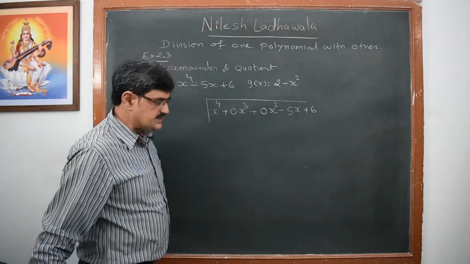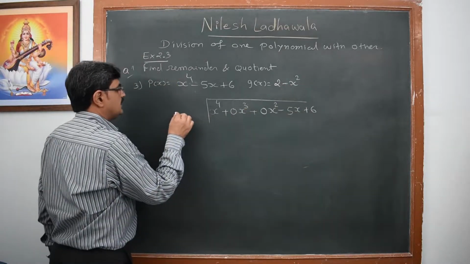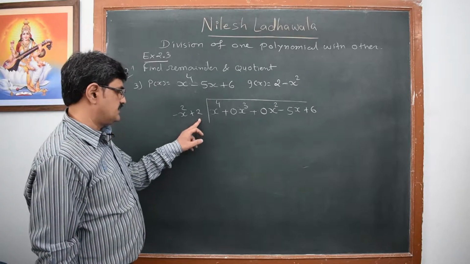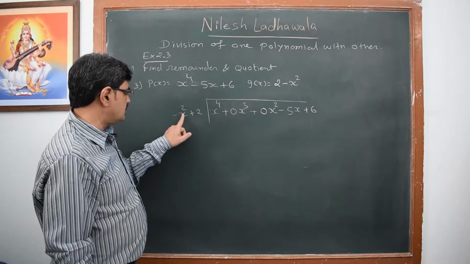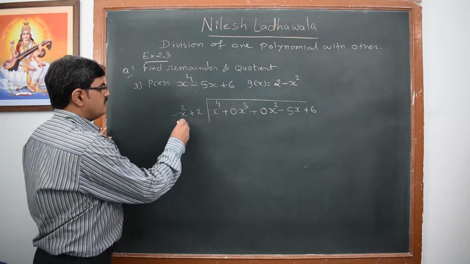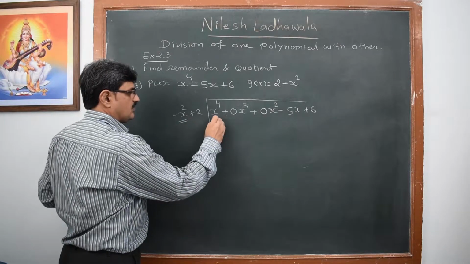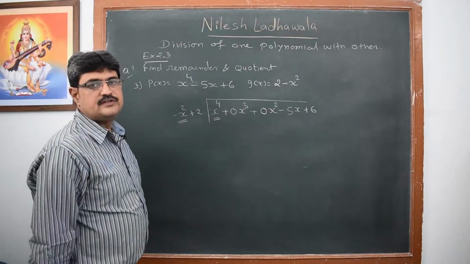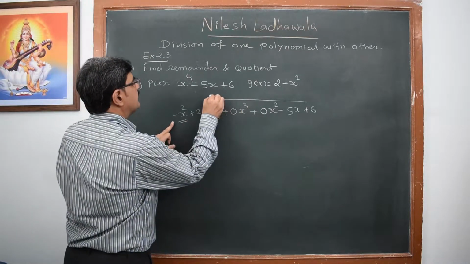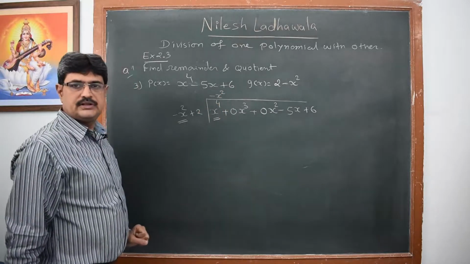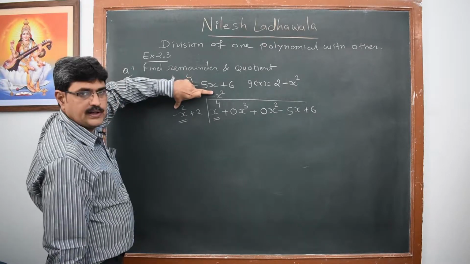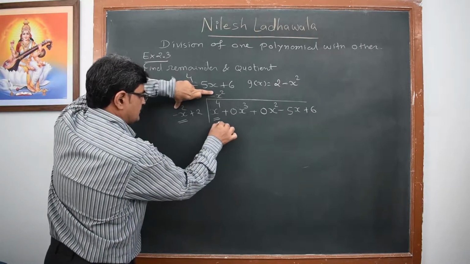So here we have the highest power, that is minus x square. So I will write minus x square first and then I will write 2, a constant term. You should remember that you have to write the highest power first. In this way you have to arrange the terms. Now we are having here minus x square and we want here x raised to 4. So with which term should you multiply minus x square to get x raised to 4? So that term will be minus x square, because we know that minus into minus is plus.